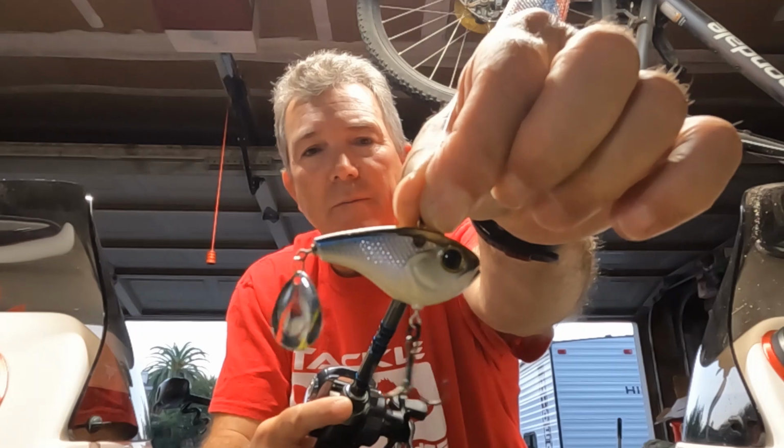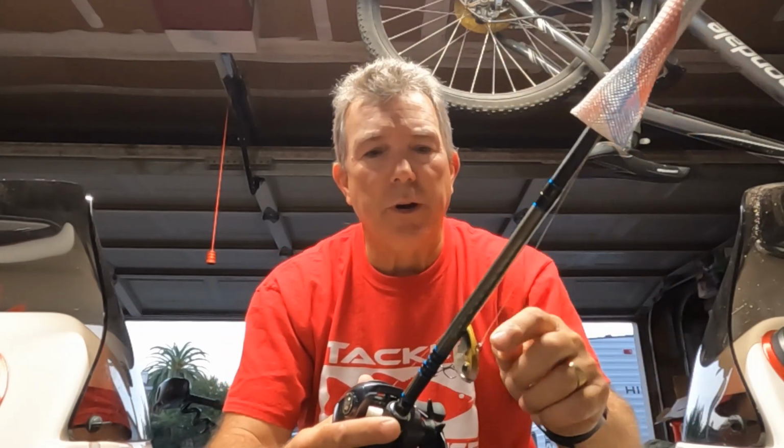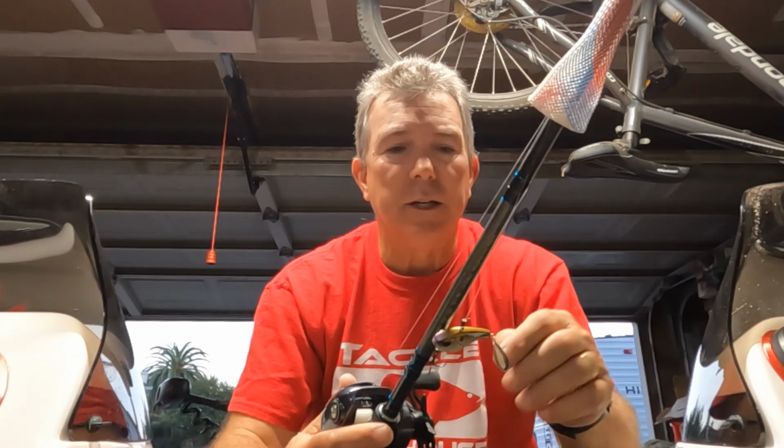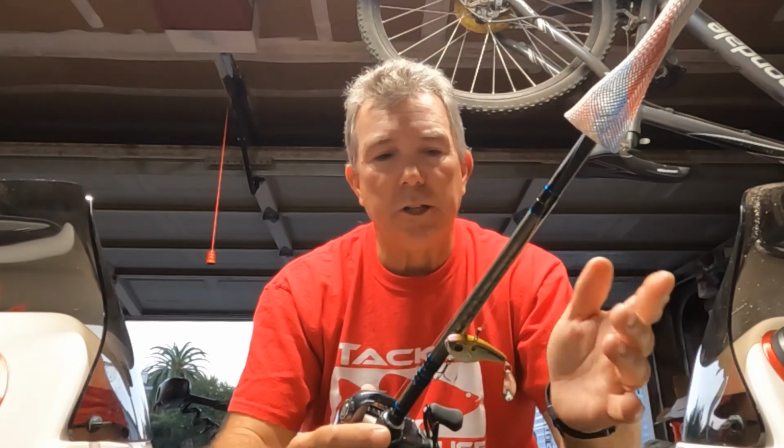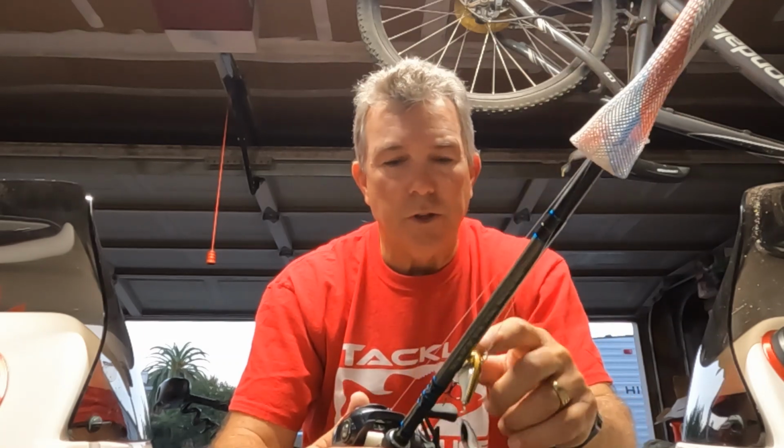This is a 6th Sense Fishing tailspin. You see that there? Again, sticking with the shad color baits. This is like 3/4 ounce, so it sinks pretty quick with that blade on there. And again, I can throw it, work it like a spoon. I can throw it like the LV, just a little different look. The bait we saw last week was all pretty small, so I think the smaller bait